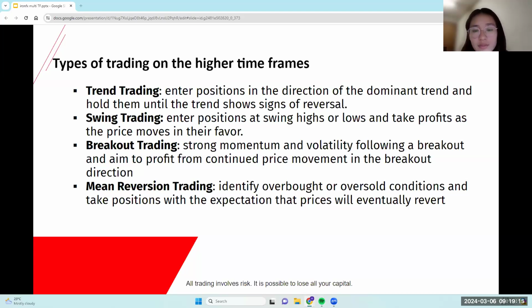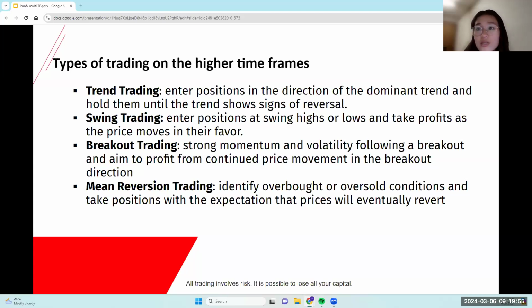Okay, and then thirdly, breakout trading. So this involves entering positions when the price breaks through key support and resistance levels. So as a trader, you would tend to look for strong momentum and volatility following a breakout and aim to profit from continued price movement in the breakout direction. So for breakout trading, it involves a little bit more careful analysis of price patterns and the volumes